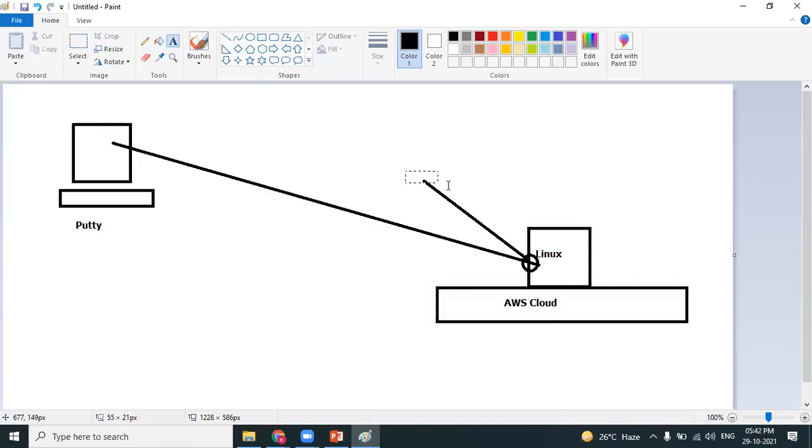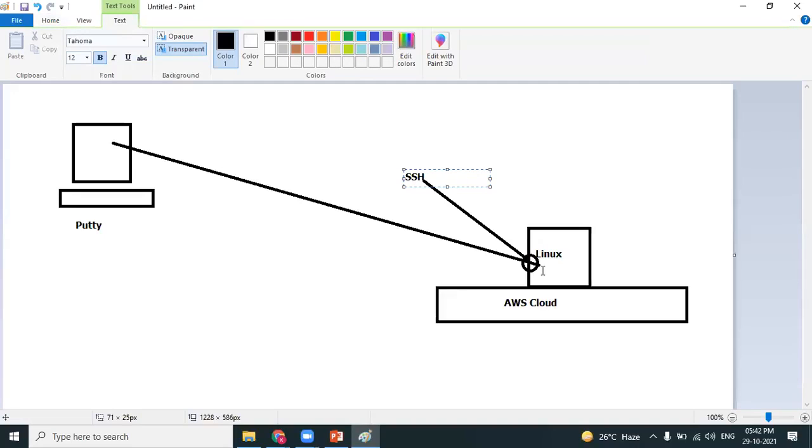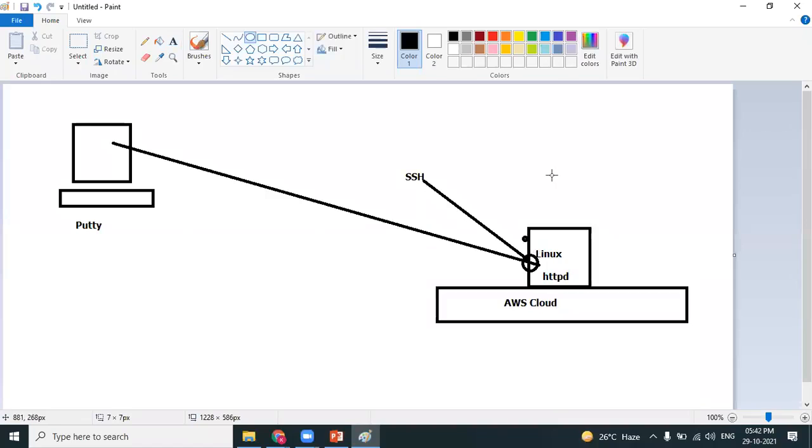Ports are points of communication. We have opened the SSH port, and we have made it a web server by installing HTTPD. And then we have created one web page, and then we have opened one more port also. What port have we opened? The HTTP port we have opened. Okay, because browsers communicate using HTTP ports. That's how we are able to explain the concept of a web server.